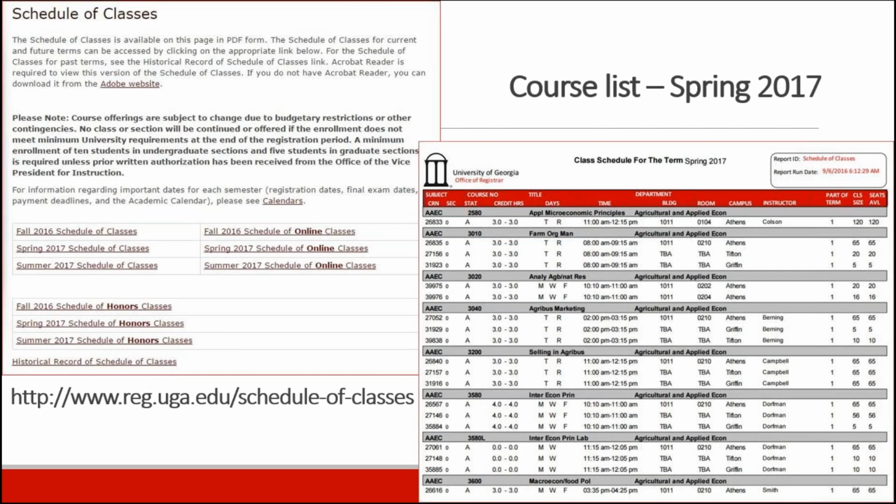So you'll see on the left-hand side, once you go to the registrar's website, you can find the schedule of classes for fall 2017. And then on the right side, this is what it's going to look like when you're viewing the long 400-page list of classes. So you'll see, for example, here at the top,